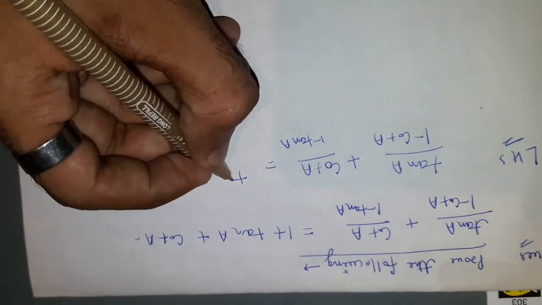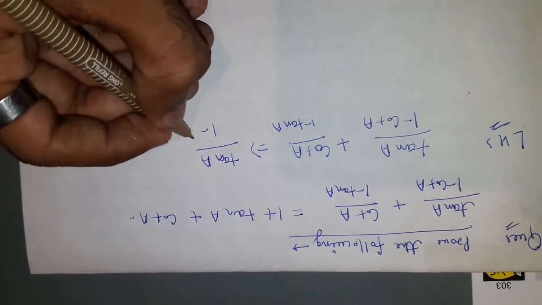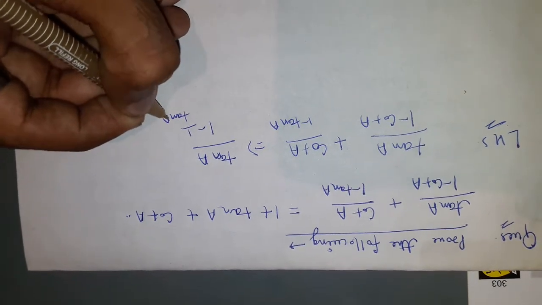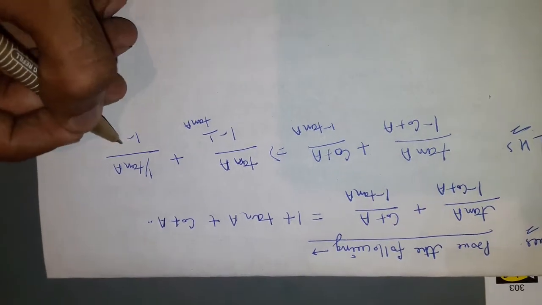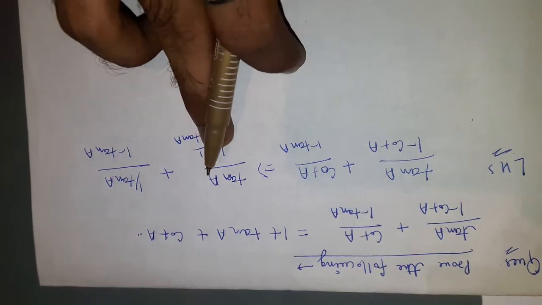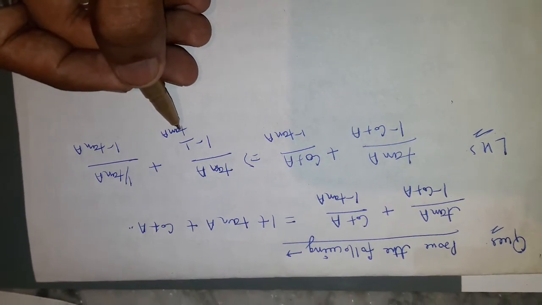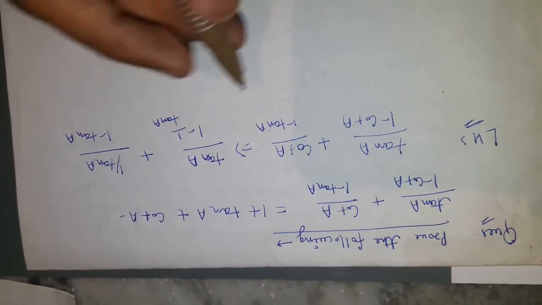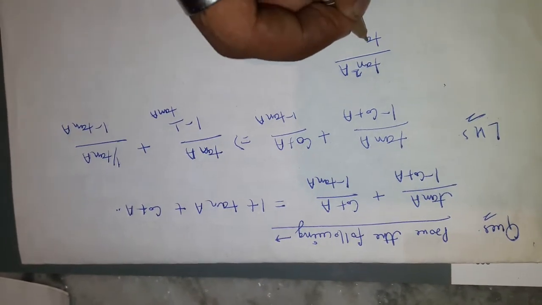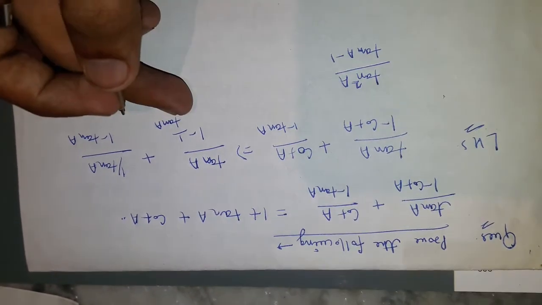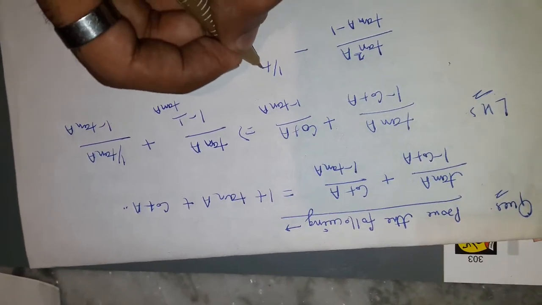So we can also write this expression as tan a upon 1 minus, so cot a can be written as 1 upon tan a, plus here cot a can be written as 1 upon tan a, divided by 1 minus tan a. Now we have to take the LCM. After taking the LCM, the LCM must be tan a, and tan a will go to the upper side, so it must be tan square a upon tan a minus 1. Just simply, I have taken the LCM. Now minus 1 upon tan a as it is.